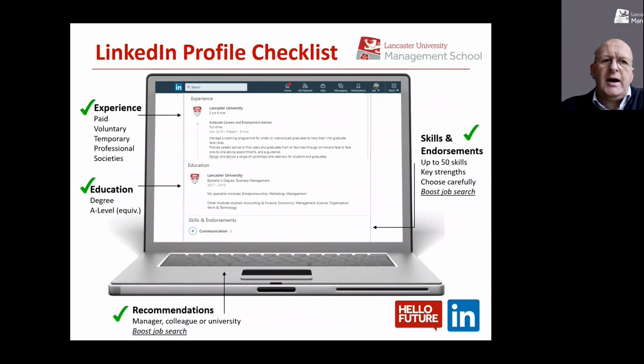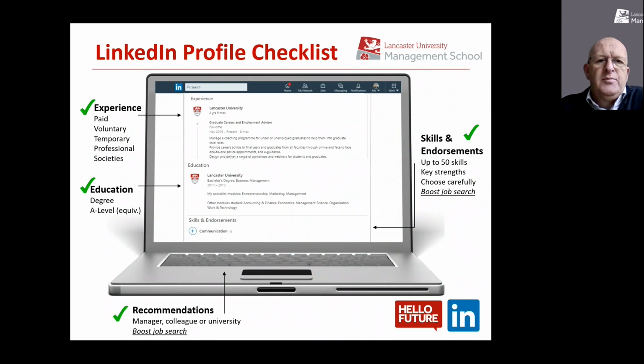So moving on to our next slide, you then start to think in the same way as you think about your CV, you start to think about your experience. So again, this is another one of my colleagues who's been a student at the university and has also worked at the university in the past. And you can see there, you're talking about your work experience. So again, a really helpful summary.